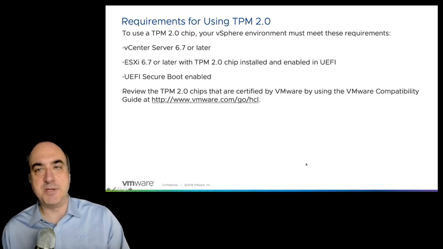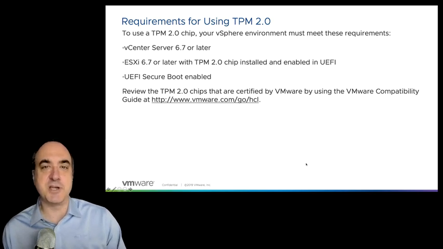So one thing about TPM 2.0, it does require vSphere 6.7. It is both on vCenter and ESX servers. The ESX servers need to have one of these TPM chips on board, which a lot of times come on the servers as they're purchased. You can check that in the order for your hardware. It's usually a $20 option. It's a small little chip, and usually they can be retrofitted on pretty much servers built within the past 10 years. So you just make sure you get a brand new TPM chip from the vendor that you purchased the